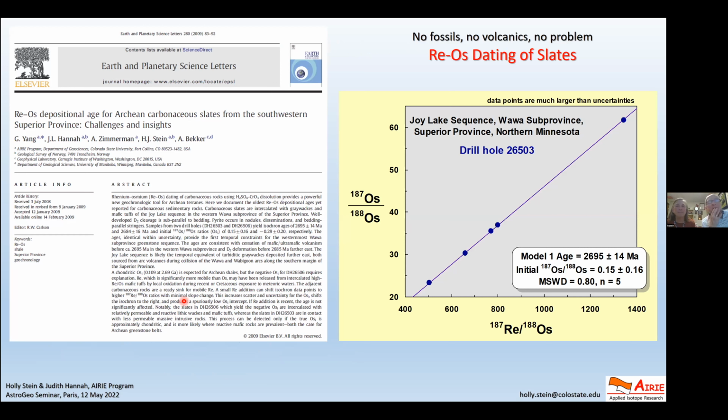I was just going to say that people ask, well, how old can you go, or can you date a slate, which is a metamorphosed shale? What happens if you try to do that? This was one of the very first Precambrian ages, and it's Archean actually, and it was a really good result. Now keep in mind the decay constant uncertainty is in there. You see plus or minus 14.